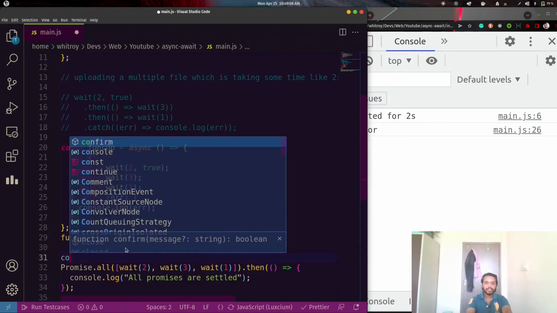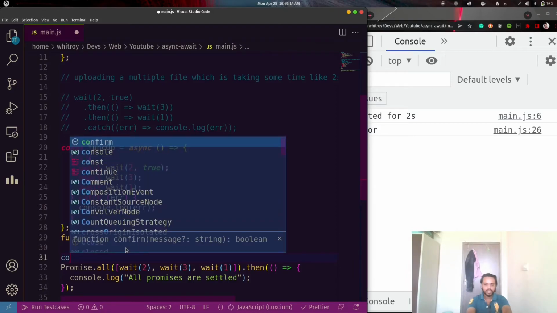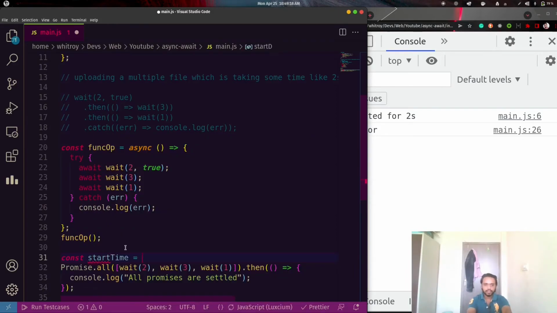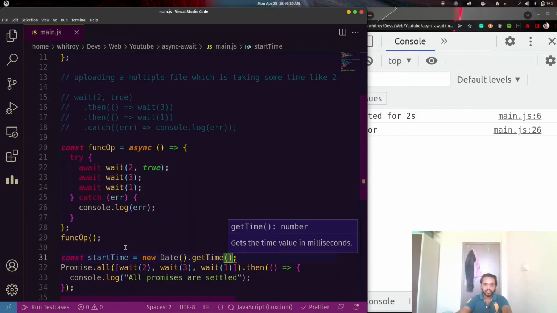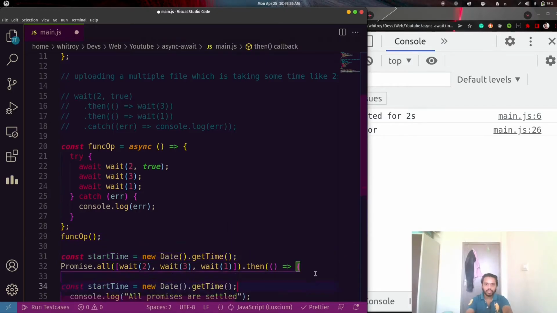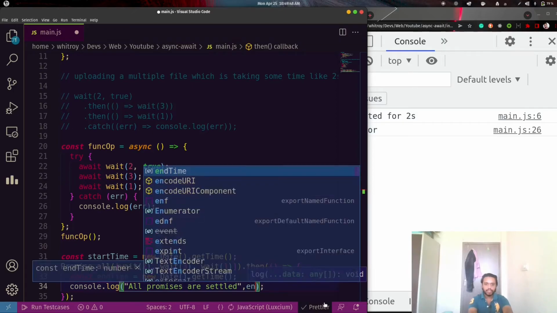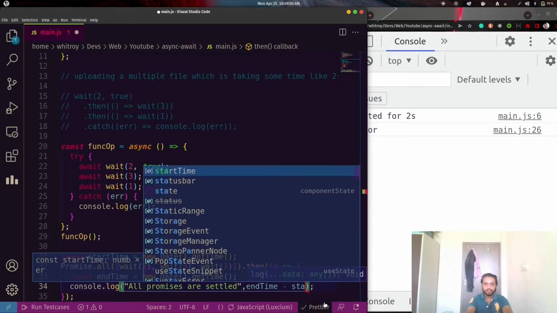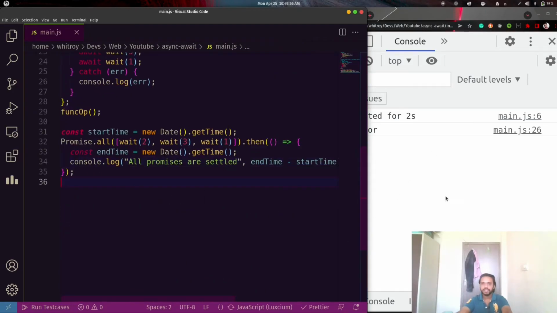We can also print it. Let's have a start time here, new Date().getTime(), and an end time, and I'm just printing it here, the end time minus the start time, and it prints in milliseconds.